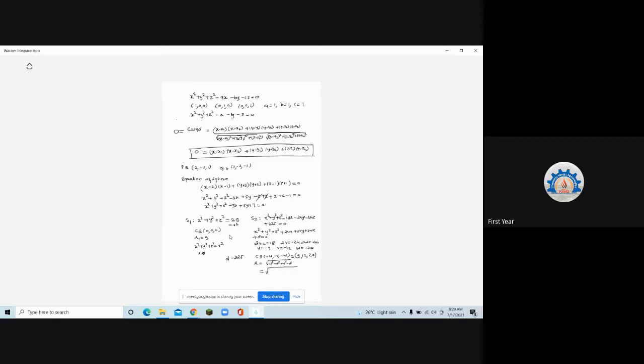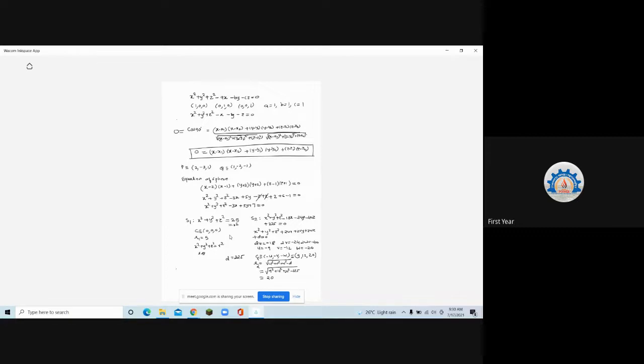And the radius will be the square root of 9 square plus 12 square plus 20 square minus 225. Check this, what it is? 9 square plus 12 square turns out to be 225, so that will get cancelled, and the root of 20 square is 20, so the radius is 20. So this is R2 and this is C2. Clear? So you got C1, C2 and you got R1, R2.